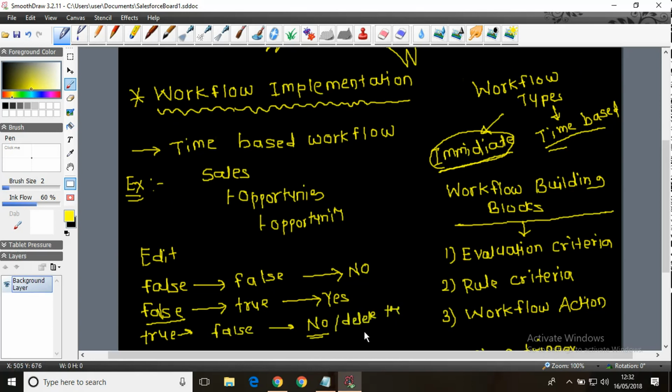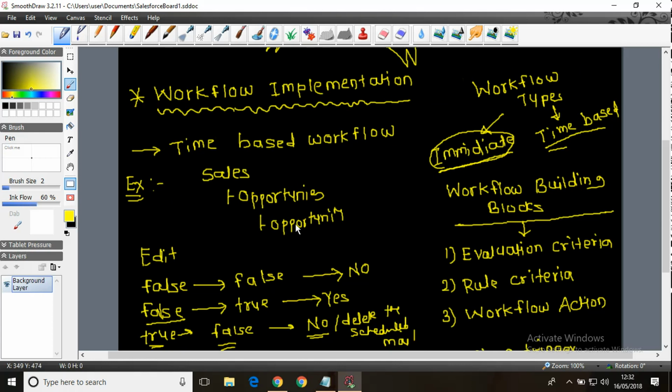So for example, the opportunity was open previously, so condition was true. Now you close the opportunity, condition is false, so it deletes the scheduled mail alert. So in case some opportunity got closed in the meantime or within the deadline, the alert will be removed automatically.